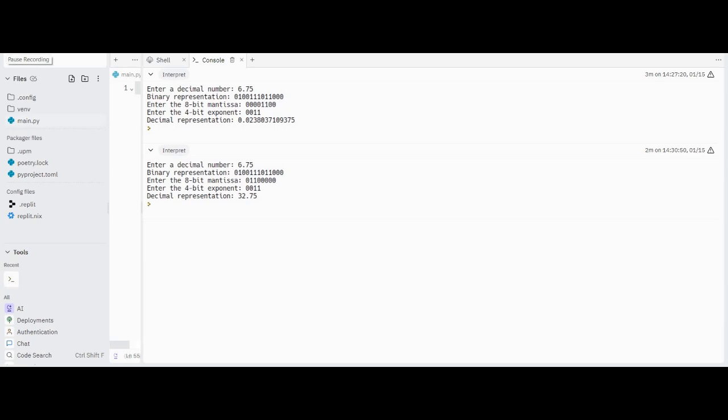Today we're going to do something really exciting. We're diving into the world of floating point representation in computers, and what better way to do that than creating